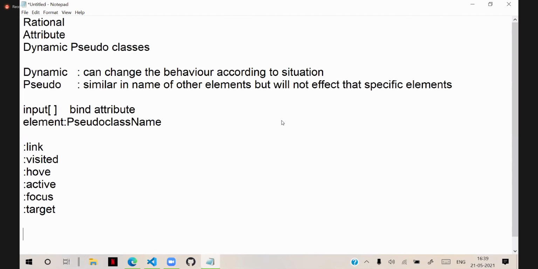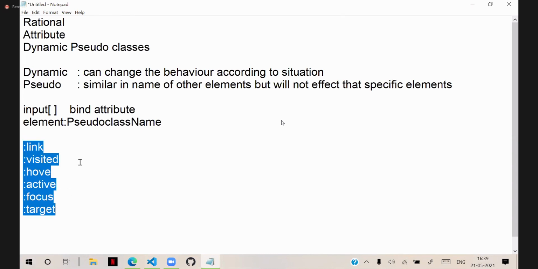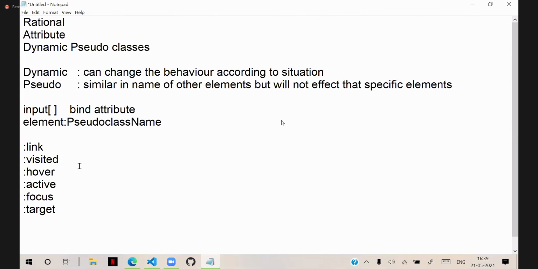Actually, the intention of this is to apply effects dynamically, to change the effects dynamically. We call this pseudo. And classes are applied by using colon.